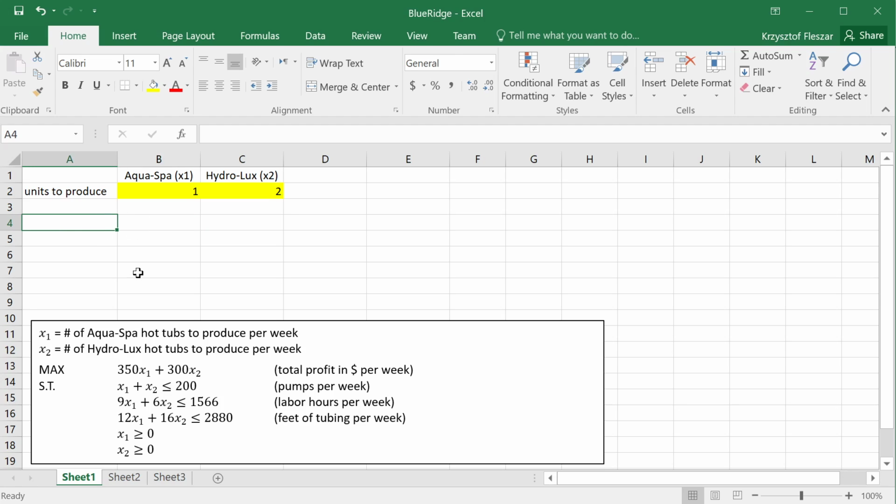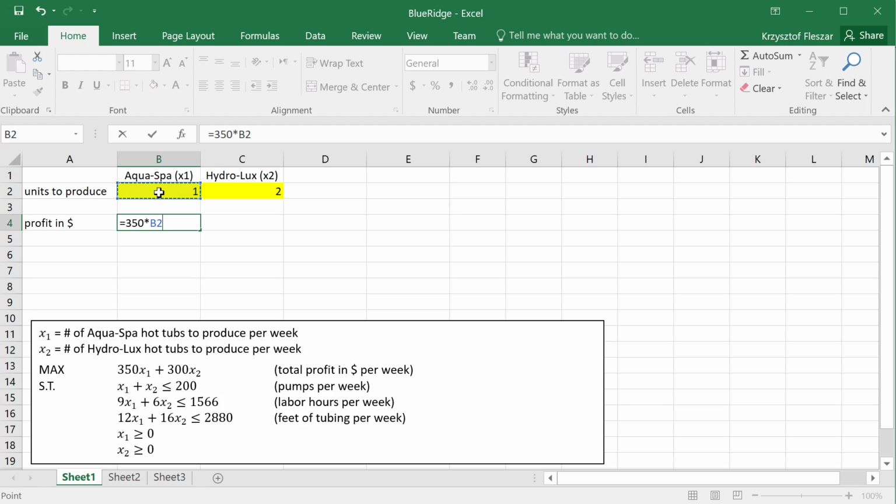Now, I could say, for example, that profit in dollars, I could just write this function 350 times, and then x1, I don't know what it is, but I know it will be in this space, right? And I could say also plus 300 times, and then I could enter this value, right? And of course, this would correctly calculate the profit for one Aquaspa and two Hydroluxes. The profit is 950. However, this is not a very nice way of formatting this,